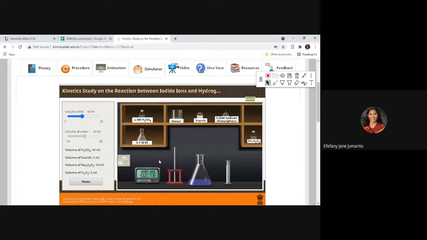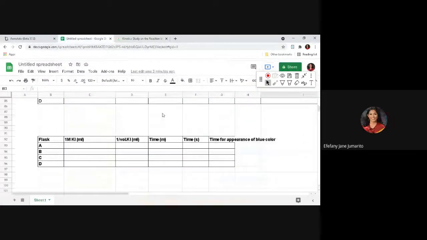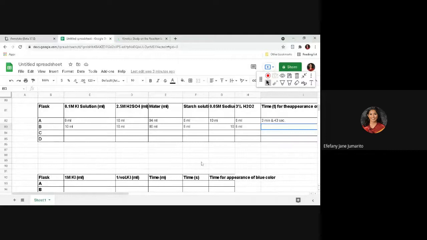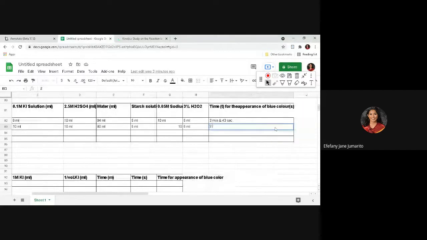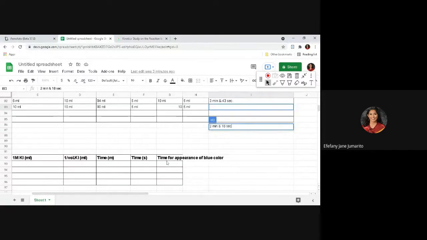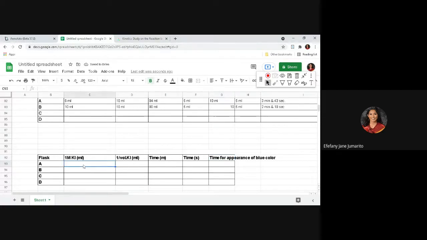2 minutes and 18 seconds. Okay, let's write it. 2 minutes and how many seconds? 18 seconds, ma'am. 18. Okay, so take note of that. Then also we have here the table 2. Okay, you're right. The first one is 6 ml. 6 ml, then